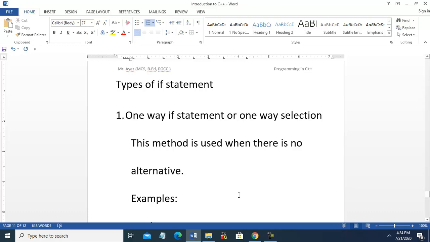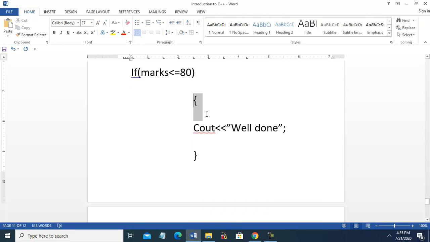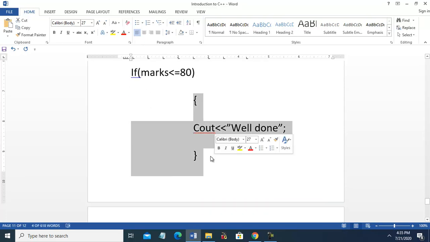One-way selection means applying only one condition for each criteria. If you want to check 4 different criteria, you will use if 4 times. If some criteria, then the action part: what you want to display, what you want to calculate.